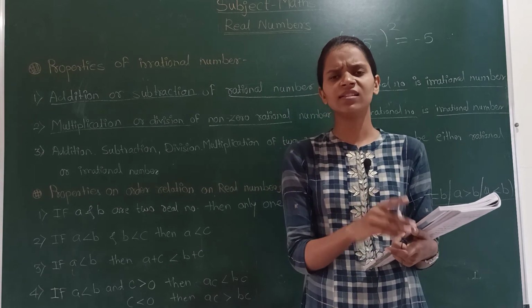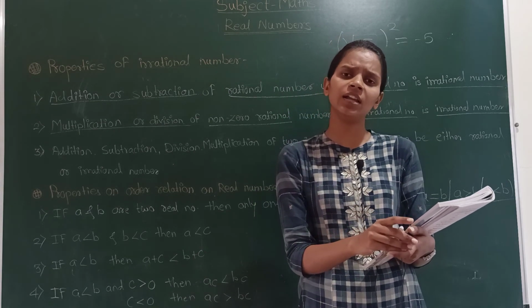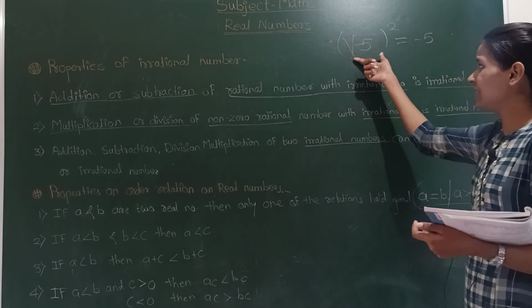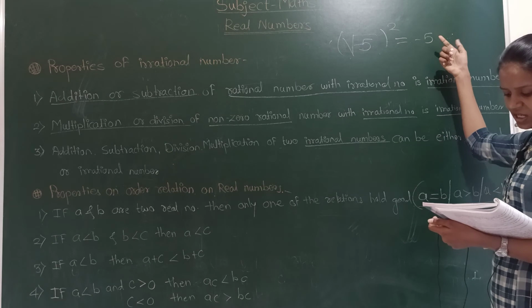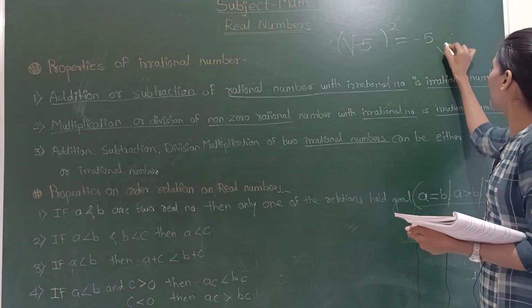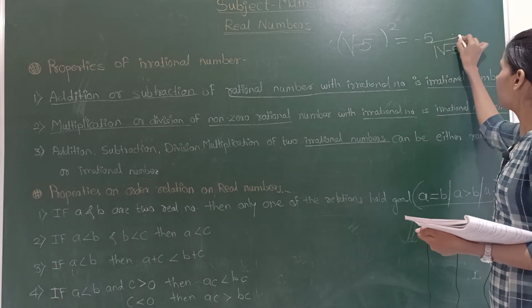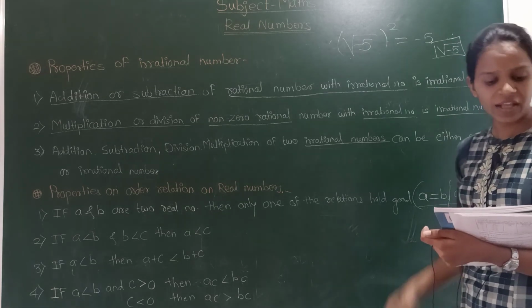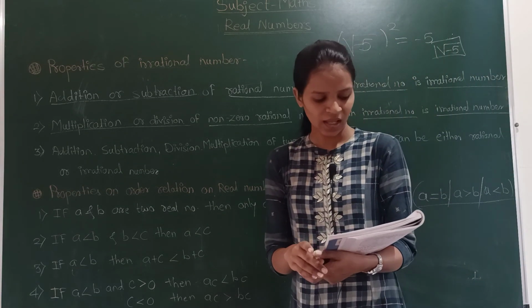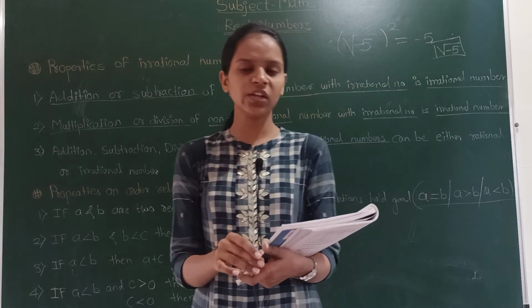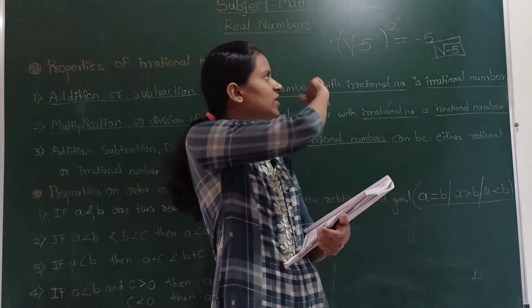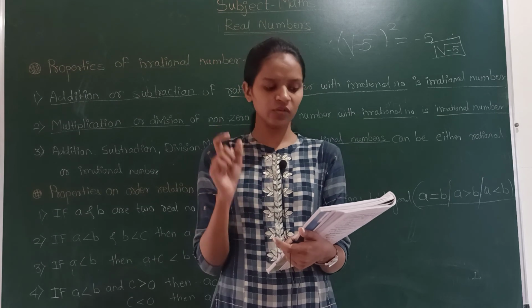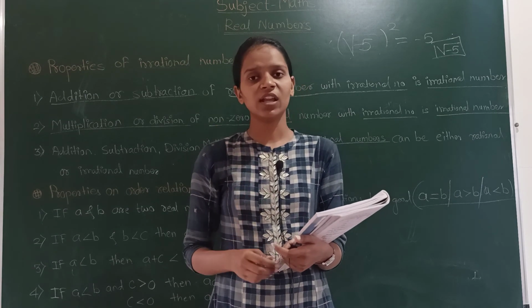We already know that the square of any real number can't be negative, but in this case it comes out false. So the square root of minus 5 is not a real number. Hence we can say the square root of a negative number is not a real number.